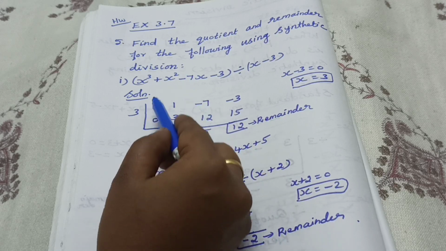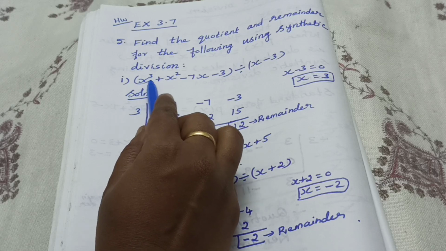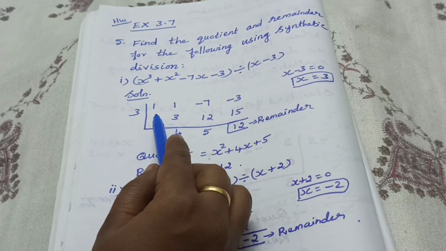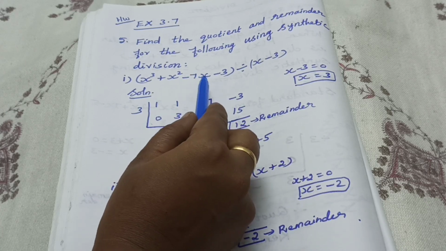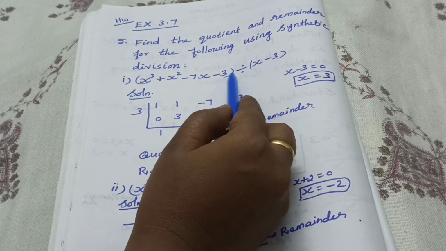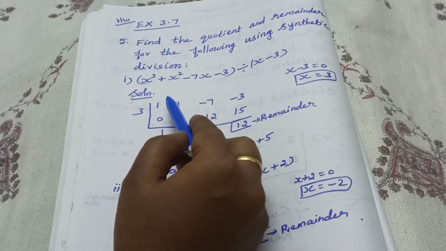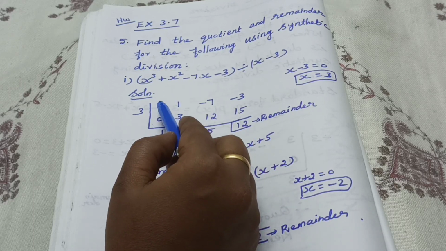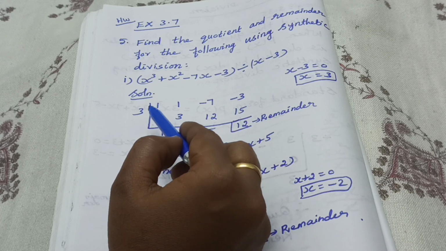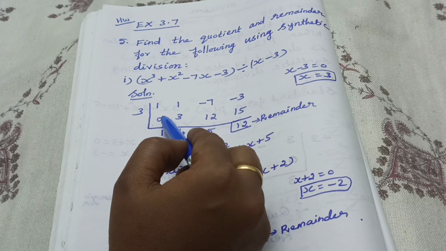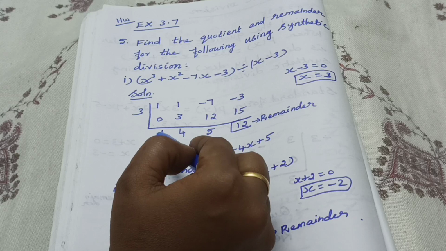Then for the synthetic division method, you draw it like this. Afterwards, write all the coefficients of x and the constant. X cube, what's the coefficient? 1. X square coefficient is 1. Then x coefficient is minus 7, then minus 3. In between, leave some space. Then the first one, x cube, what's the coefficient? 1, isn't it? Then write it down, with 0 below. Every sum you should do like that first. Here write 0, then add these two.